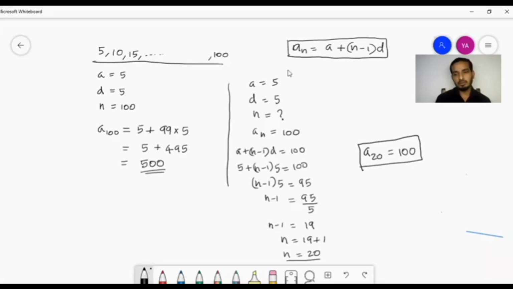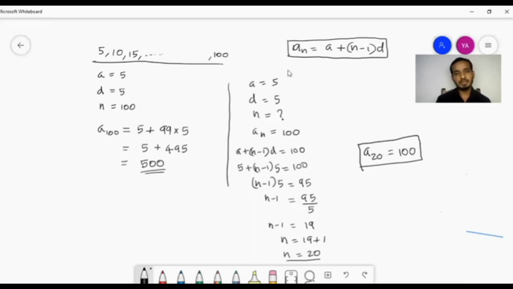Okay, so now we have seen two applications. One application is to find any term in a given arithmetic progression. The position will be given, and you want to find the term. You will get some different arithmetic progression, different common difference. I mean, the common difference can be negative or fraction or anything. So in any situation, you can use this formula, an is equal to a plus (n minus 1) d, to find a particular term whose position is given. And the reverse question: if the term is given, you want to calculate the position of that term.